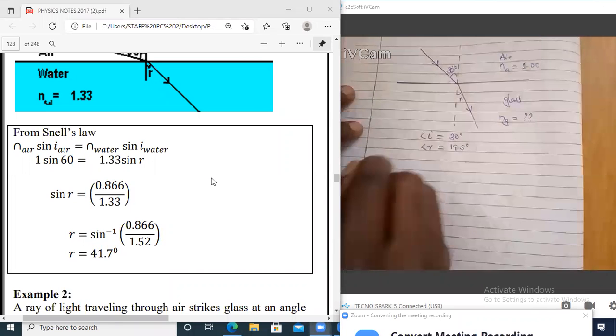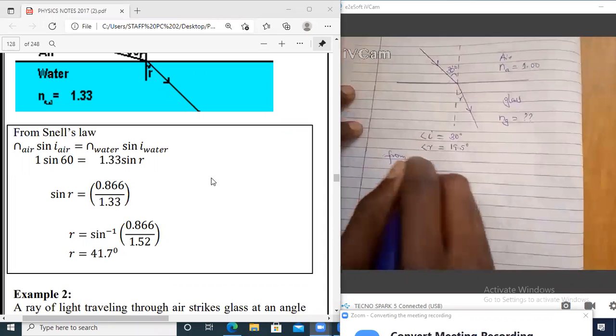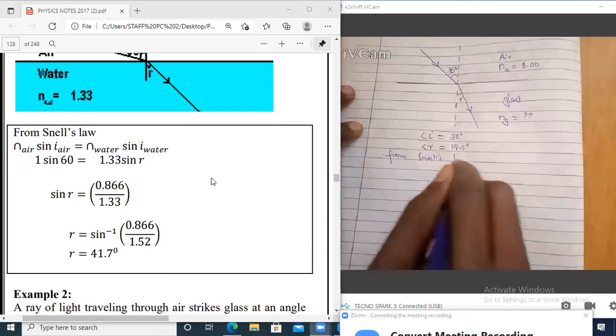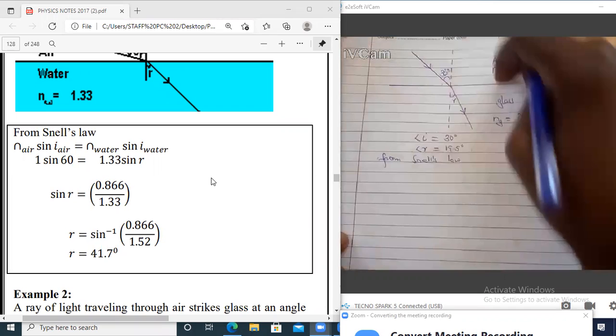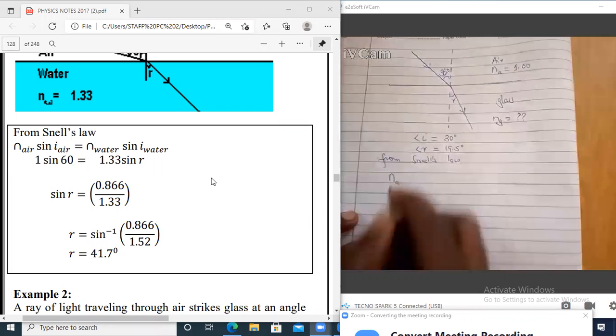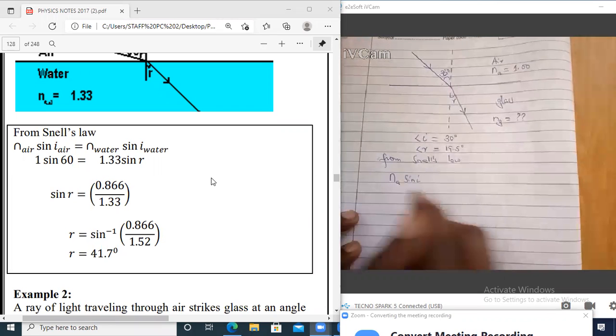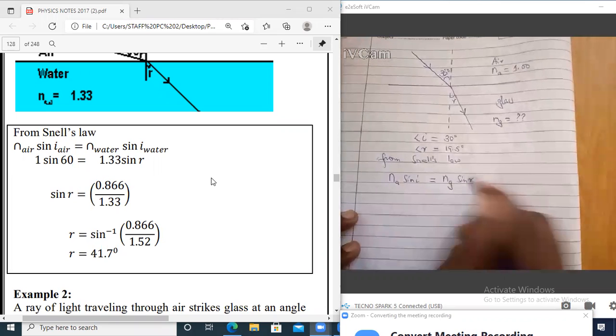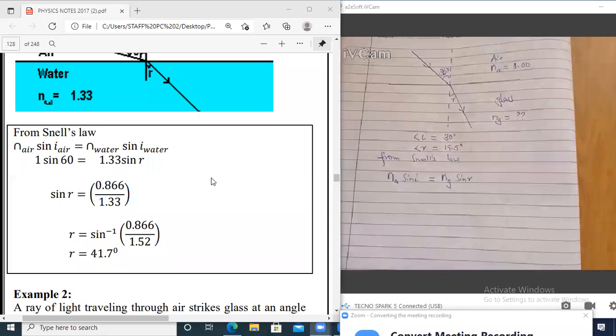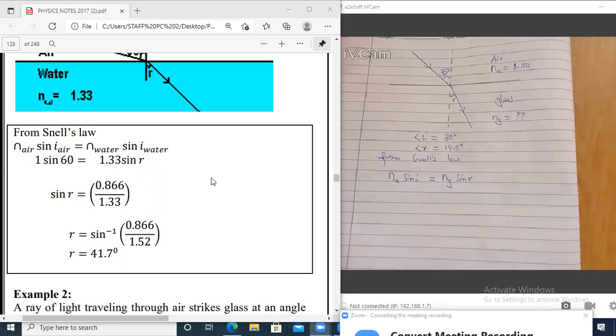So from Snell's law, that is your foundation. The light is moving from air to glass, so it will be NA sine I equals NG sine R. What do we want to find? We want to find NG. So if we make NG the subject,